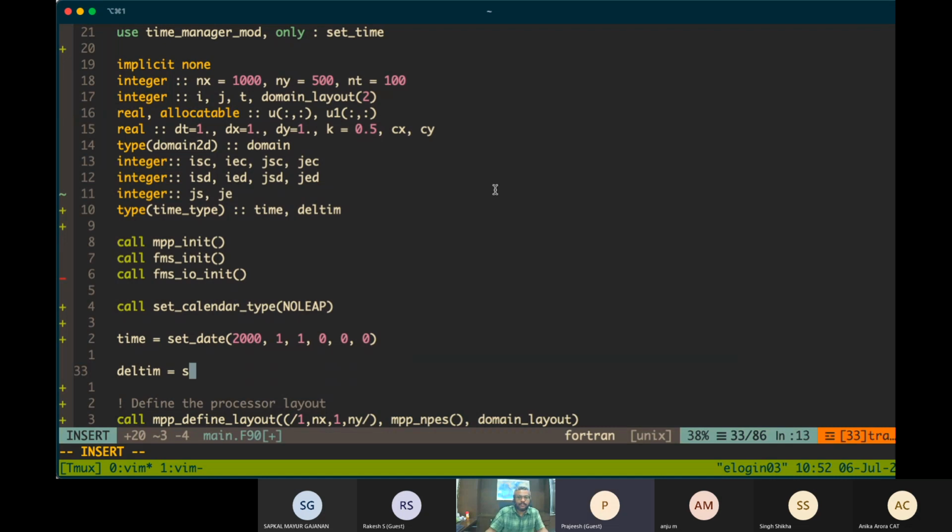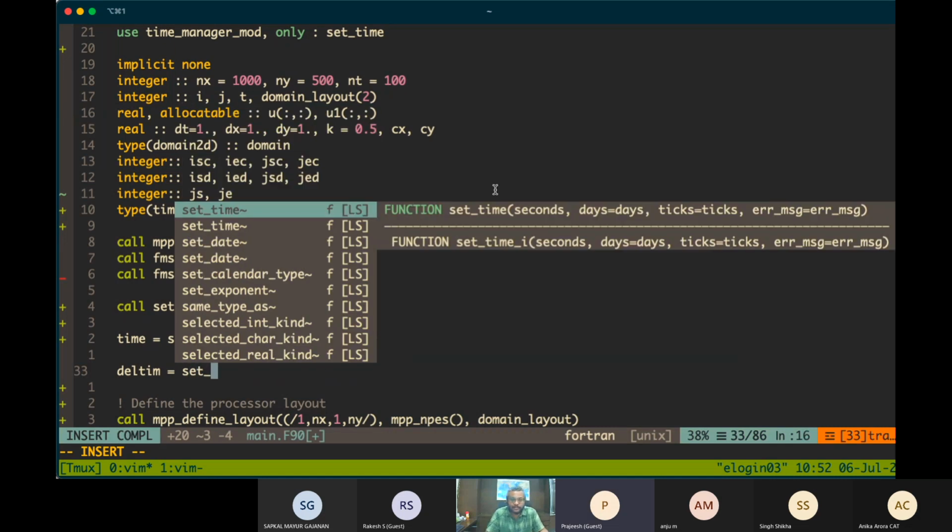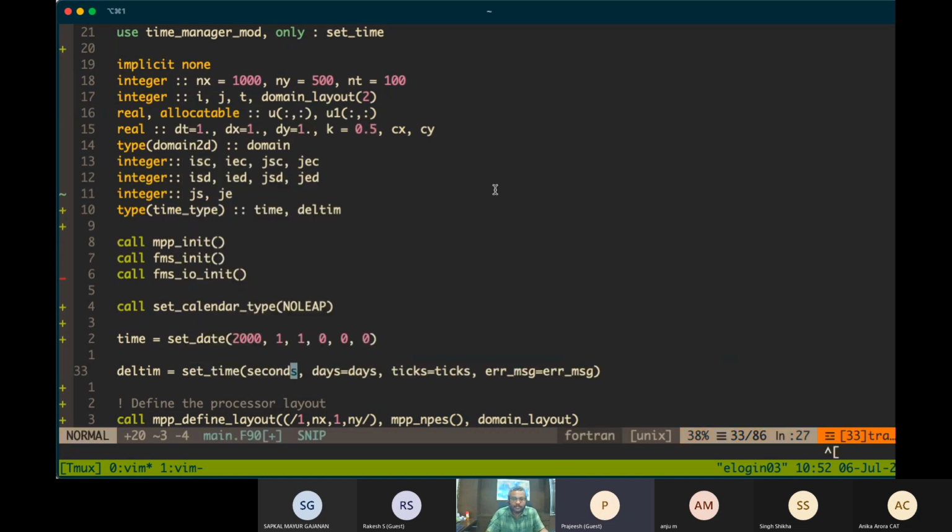So delta time is set time, and it takes these arguments. Don't bother about these two. It takes basically seconds and days.